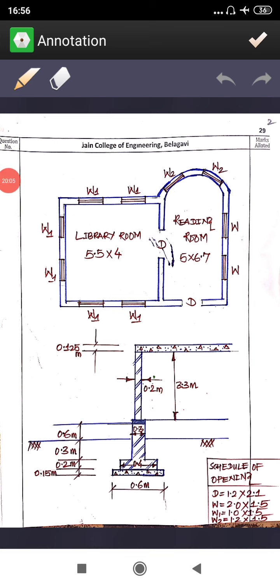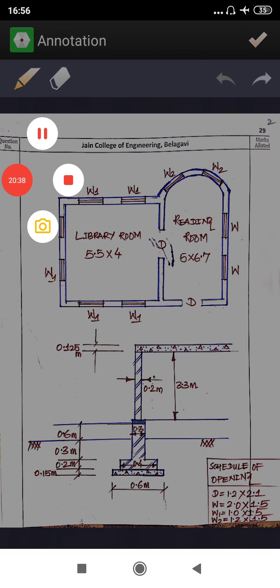Now after determination of the foundation lime bed, we are going to determine the BBM, first class brickwork in lime mortar, for foundation and plinth. So here you are having two entities, one is first footing, another one is plinth. For the first footing, the width is 0.4 and the thickness is 0.2, and for the plinth the width is 0.3 and the thickness is 0.9. So that you are going to take here.